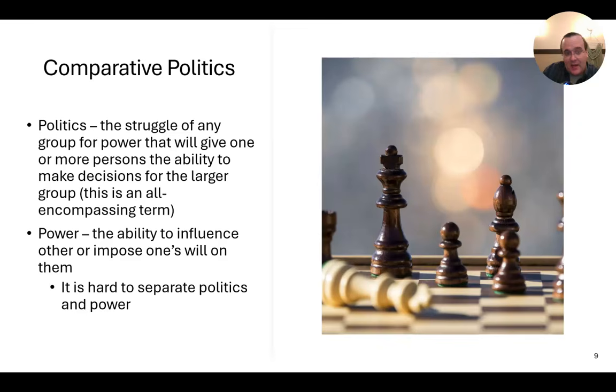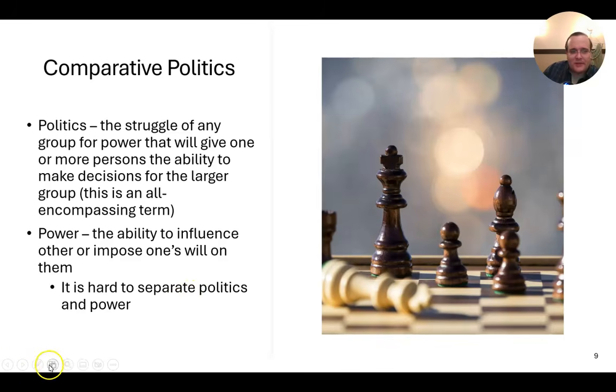The struggle of any group for power that will give one or more persons the ability to make decisions for the larger group. So who can become top dog, essentially, and who can exert their will on the rest of the population. Power, we're defining as the ability to influence other people or impose one's will on them. It's very hard to separate politics and power out from each other. Politics is power, power is politics,